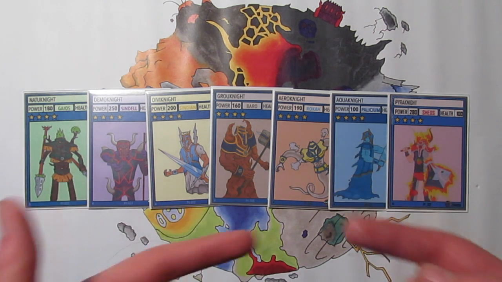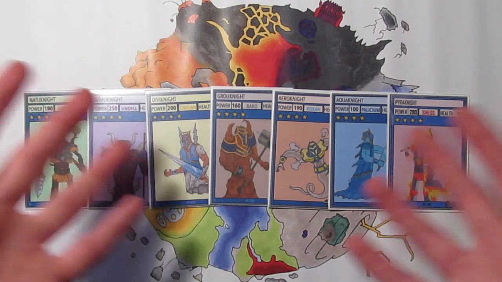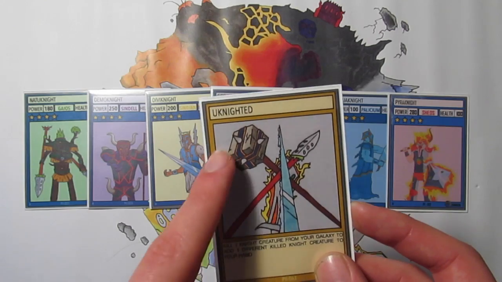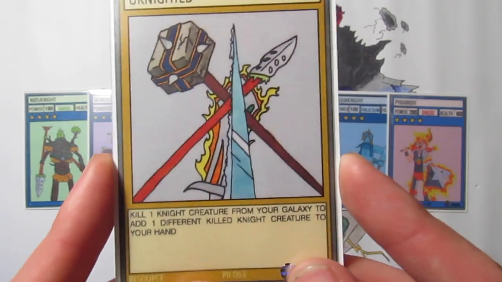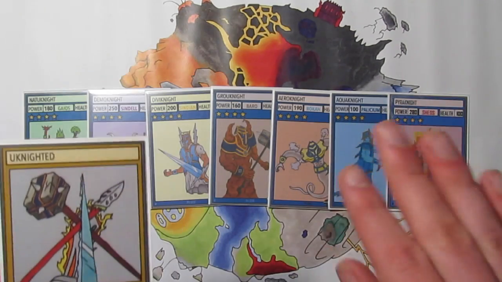So today I'm going to show you some of the new cards I've made from set 2 that can make the Knights a sort of deck or an entire group of cards that work together on their own. The first card we have is a resource card called United. As you can see in the artwork there, there's the weapons of Groundknight, Aquanite, Nature Knight, and then Pyronite in the back there. And this card reads, you kill 1 Knight creature from your Galaxy,